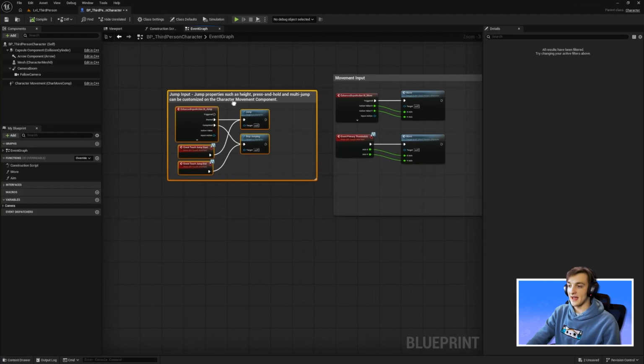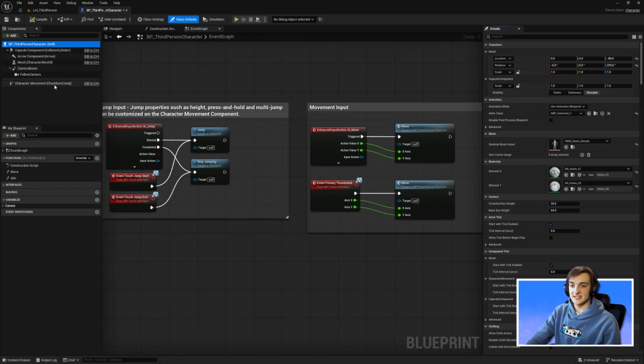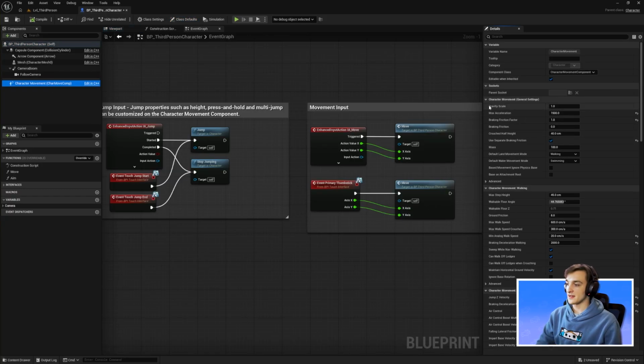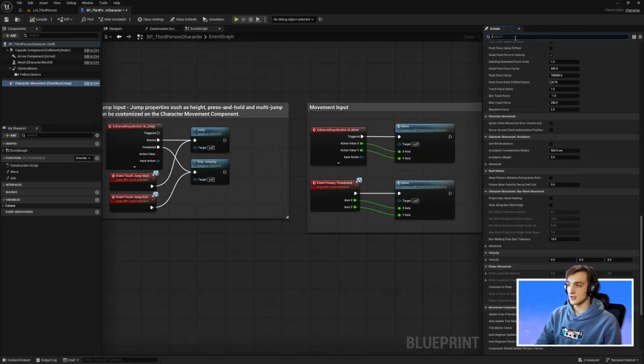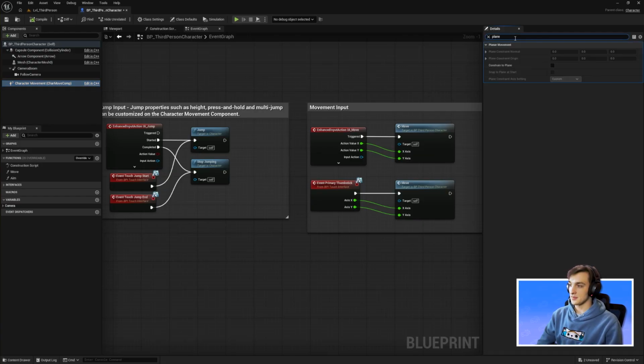Next up, we're going to go back into our character here. And what I'm gonna wanna do is go into our character movement component. There's a ton of settings in here, but if we go to this search tab in our details, I can look up plane. And in here, there's this constrain to plane checkbox. What we're trying to do right now is lock the player to where they can only move left and right. So if I click this constrain to plane checkbox on, I can lock them to any axis or specify a specific axis. So if I click the x-axis here,